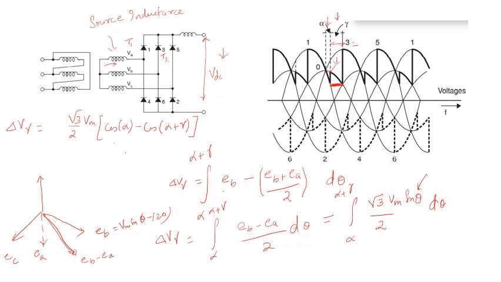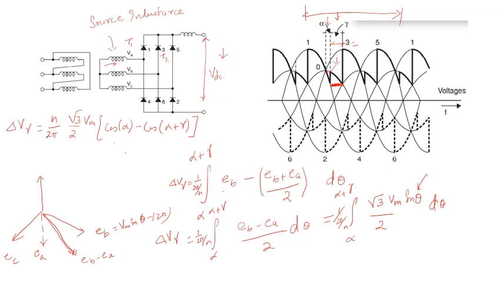Okay, but there is a cycle for a whole 2 pi cycle. For a whole 2 pi cycle, if you check how many waveforms you will get, it depends on the number of pulses, right? So I can put like this. If I want to have the average value, what I have to do, I have to put 1 upon 2 pi n. So this is the average value which you will get. So I'm missing here 1 upon 2 pi n. So if you put all the values of 1 upon 2 pi n here, the final value you will get is n upon 2 pi.